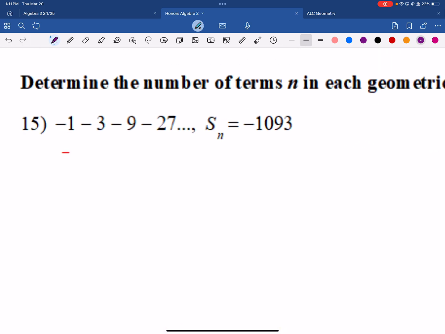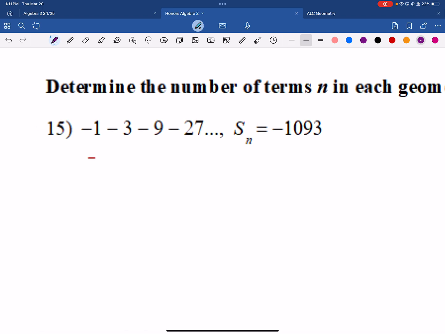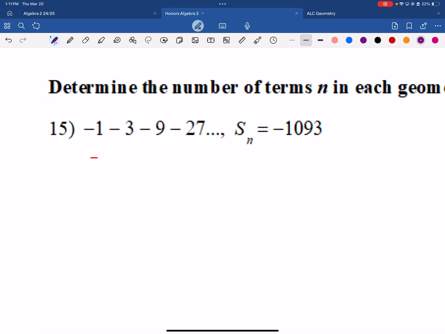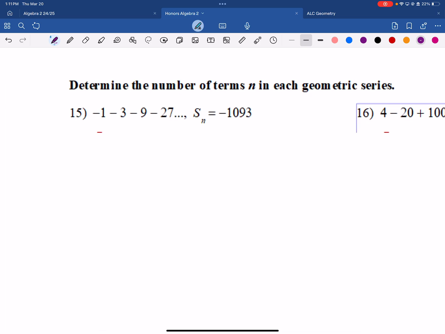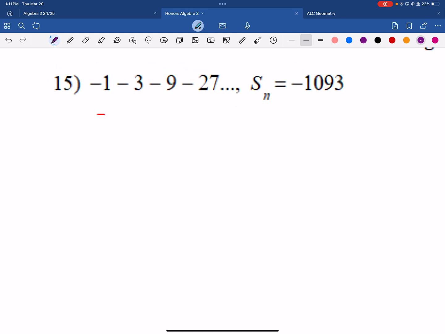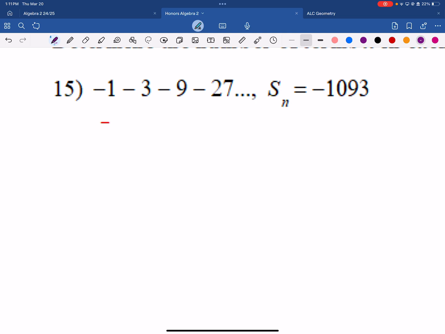Now let's do step 3. It says determine the number of terms n in each geometric series. So now we're given the S of n value, and we're given the series. We need to find our n value. Well, if we look at our formula, we know the S of n value. We know that S of n value is negative